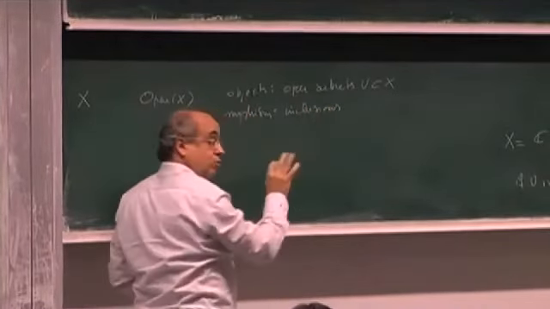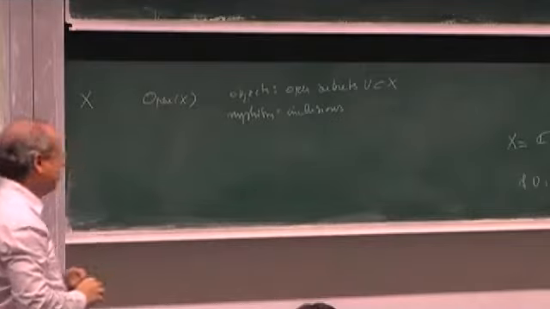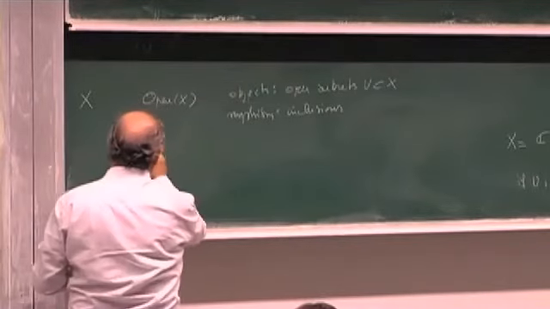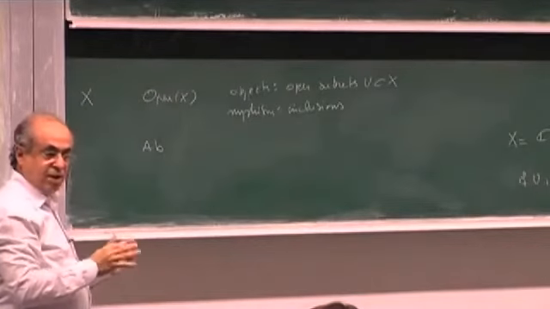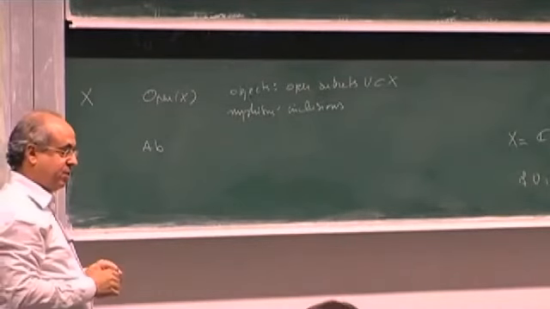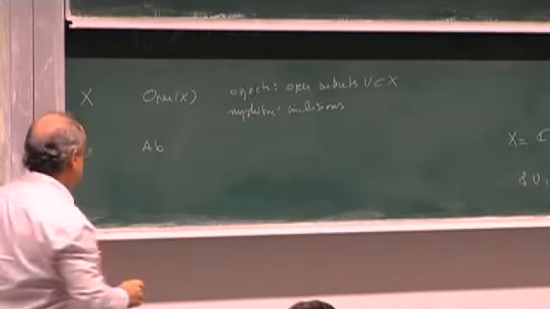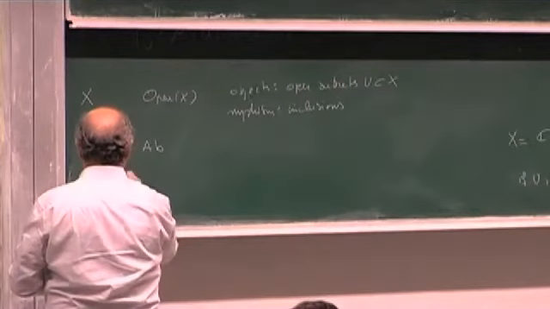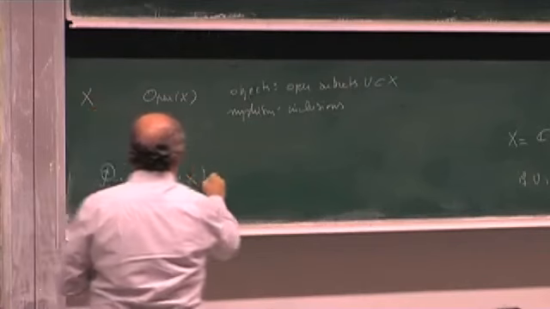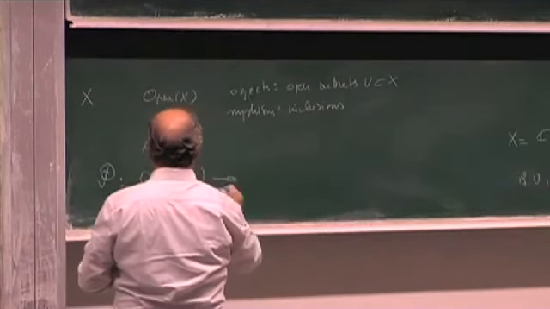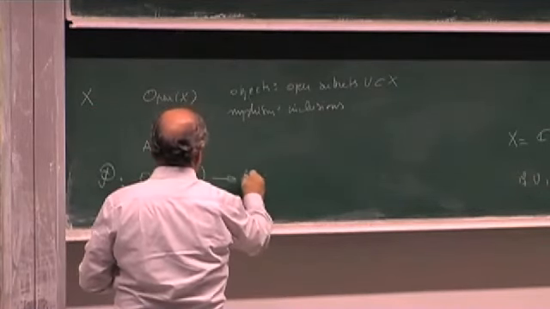Okay, I only consider the inclusions. This is a well-behaved category. And then another category I consider is the category of abelian groups. Objects are the abelian groups, and the morphisms are morphisms of abelian groups. And then I claim that a presheaf is a functor, a contravariant functor between these categories,